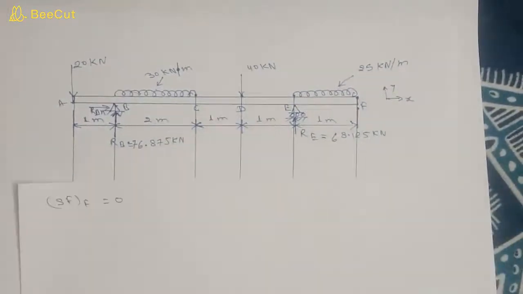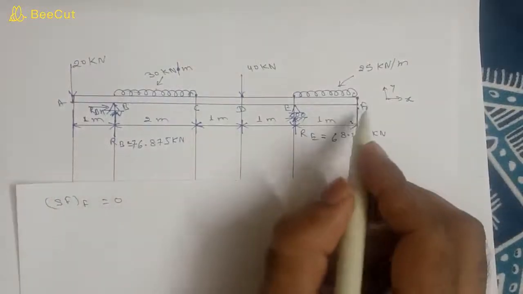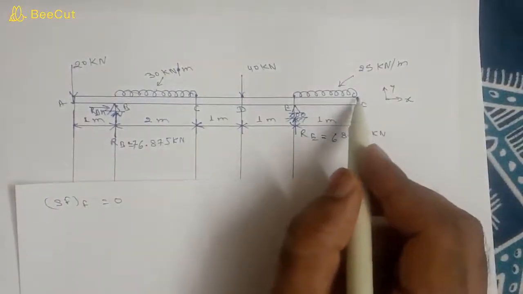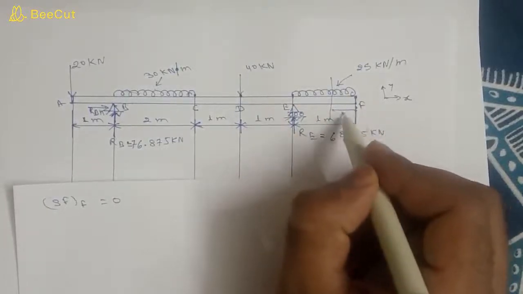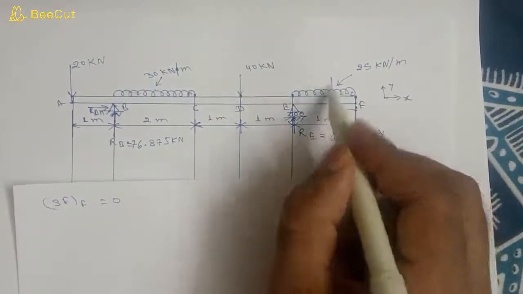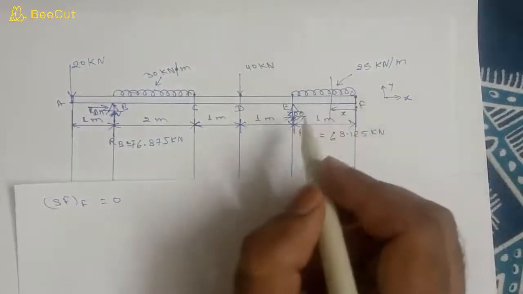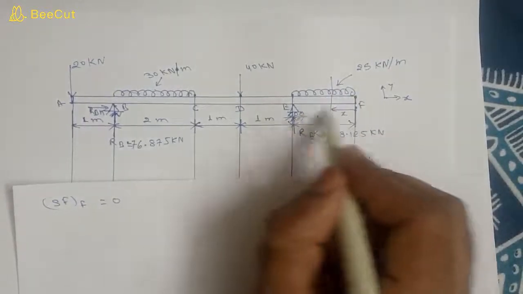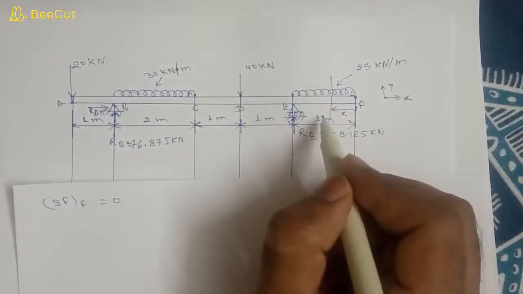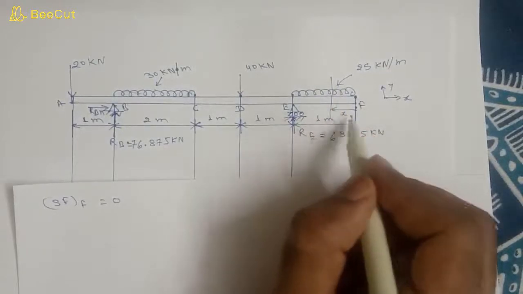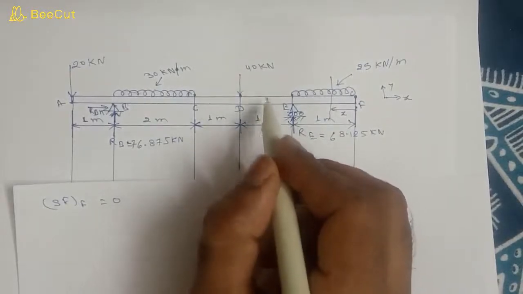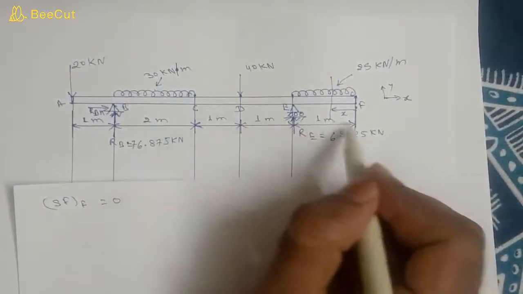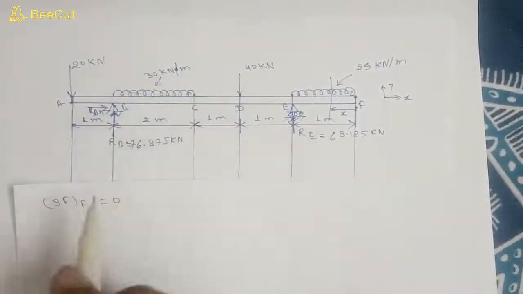Now let's calculate. Shear force at F will be 0 because there is no force acting at F. Now if we take a section X-X at distance x from F, suppose we are considering part EF, in this we are considering a section at distance x. If we consider DE, then we will also assume a section at distance x for every section, so that we can get the equation of shear force and bending moment.